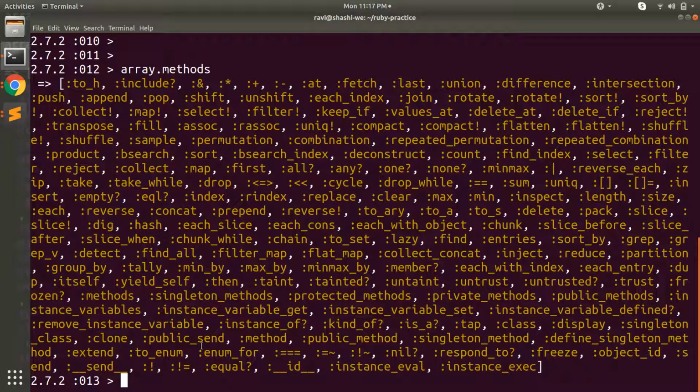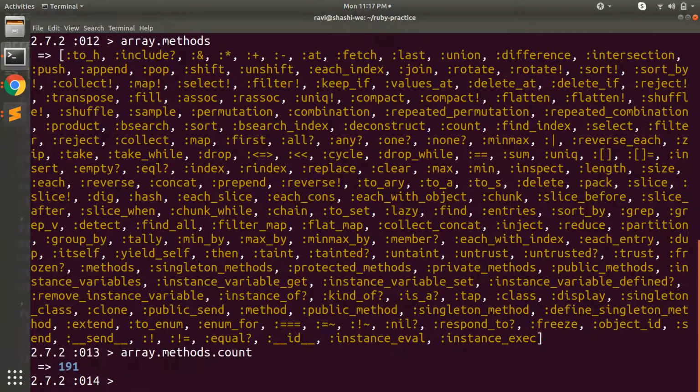Now if you want to check how many methods are here, you can simply use array.methods.count, and you can see that a total of 191 methods are here. It depends upon the Ruby version as well. For example, if you check it in Ruby 2.5.x, you might see 181 or 185 or 187.